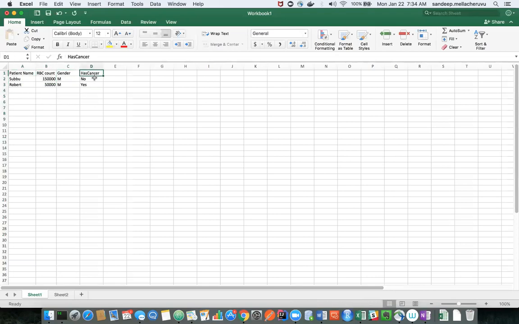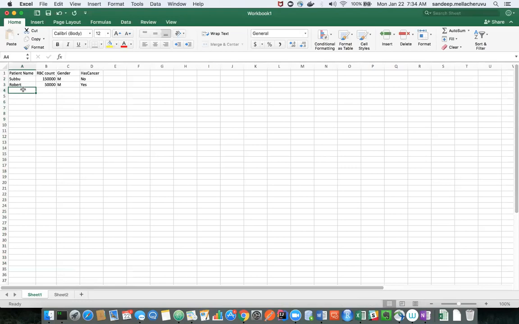For example, has cancer has only two values, but patient name can have 100 different values. You don't know what value it can take. But for has cancer, I'm sure that the value for the third observation, which I did not write, will be either yes or no. It won't be anything other than yes or no. But patient name, on the other hand, cannot be only Subbu or Robert. It may be something else. Or it may be Subbu also, I don't know.